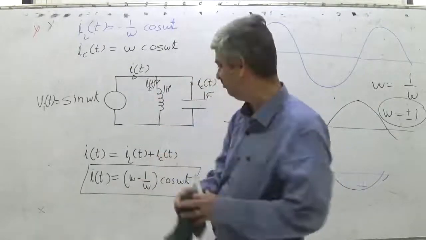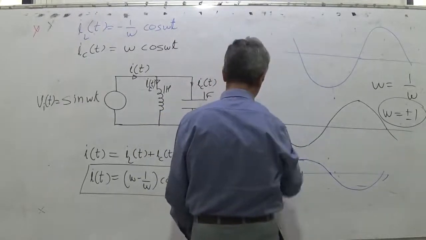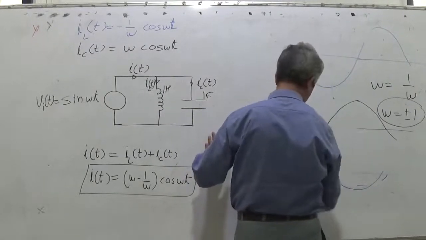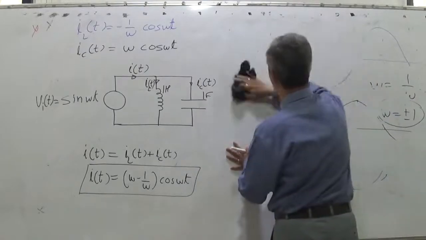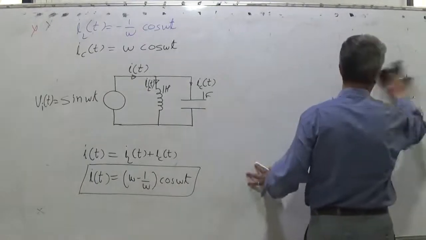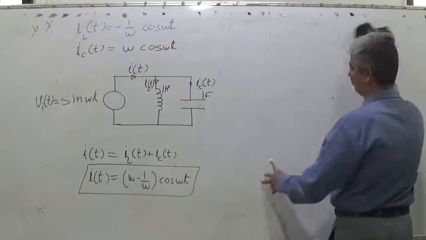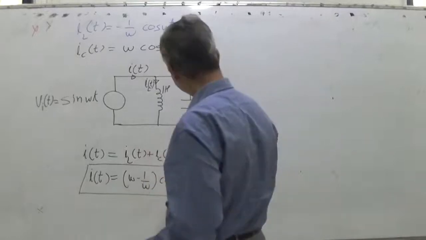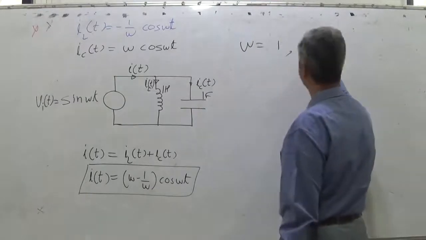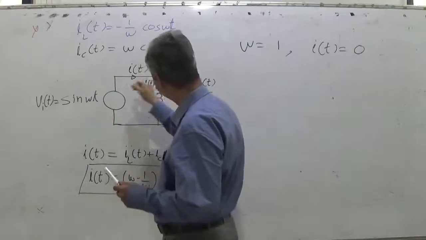We can also explain the same thing alternatively, which we will discuss later. I hope that you will understand that. By many methods we can try to understand the concept. This is called resonance: for an LC parallel circuit, when inductor current and capacitor current are always opposite, and when they are equal, it is called resonance. So in this case, for omega equal to 1, IT is equal to 0. You have applied voltage, but there is no current.